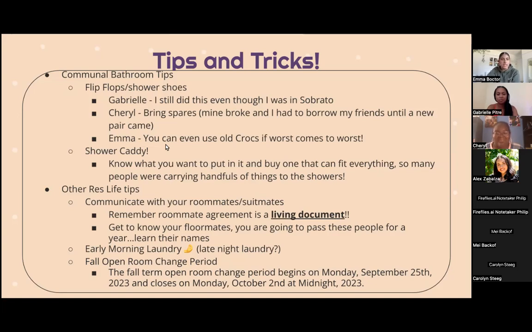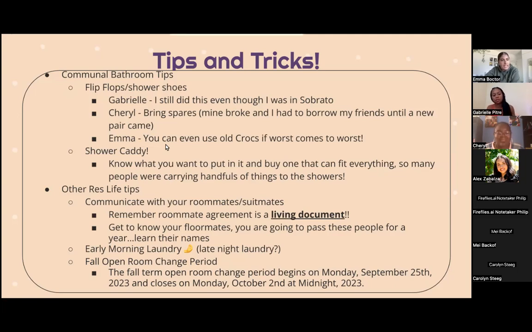Another thing is, make sure that when you are going to do your laundry, you are going to be there to be able to take it out on time. When people talk about other people taking out your laundry and putting it on top of the washer or the dryer, that's real. So make sure you're there once your laundry finishes so that you can put it into the dryer or take it out. And even late night laundry, I had a lot of friends that did their laundry at like 1, 2 a.m. And I'm not recommending that, but hey, if the washer's free, it's free. So just keep that in mind.